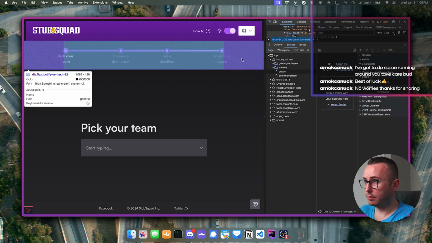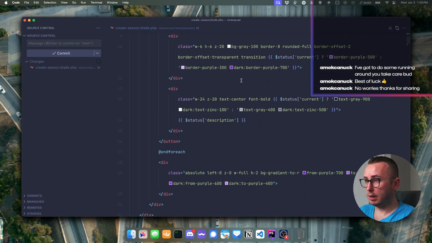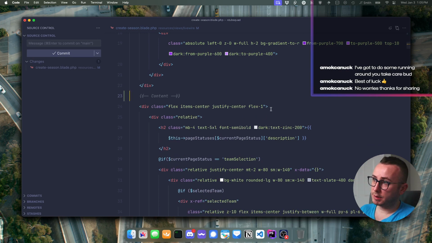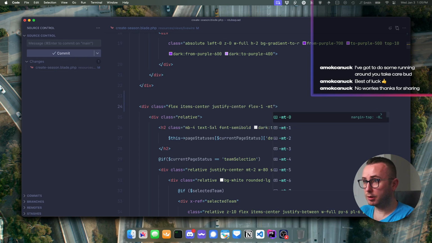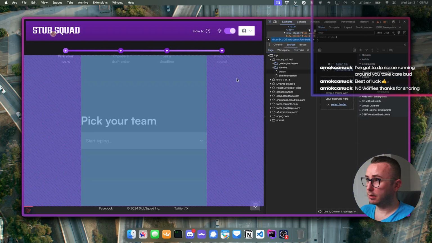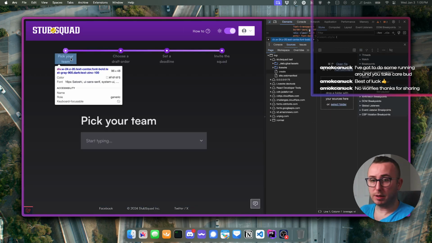Yes. Okay. So now if we say, so half of 32 is 16. So if we do negative margin top 16, does that put it in the center? Yes, it does. Beautiful. Because now what we've got,